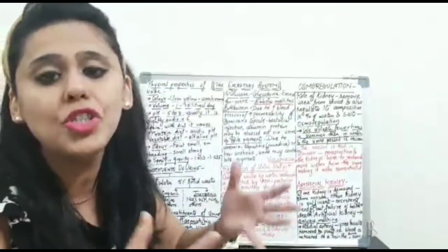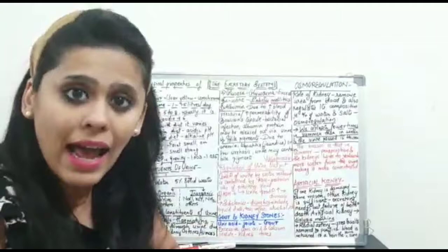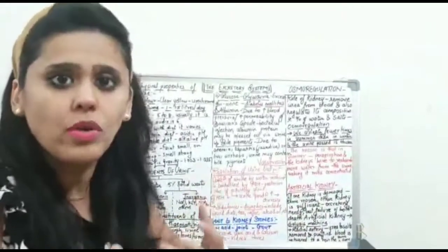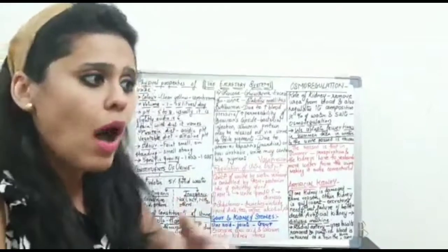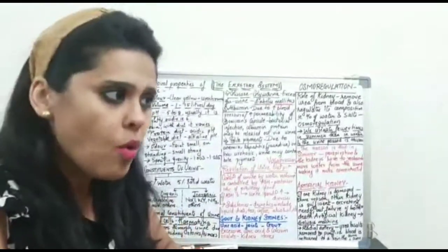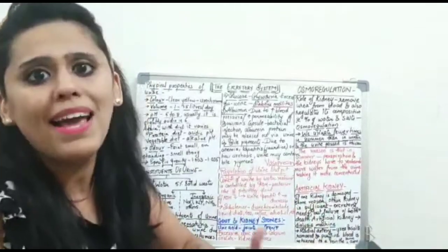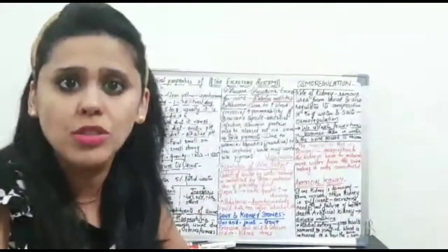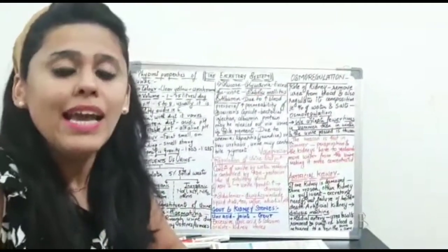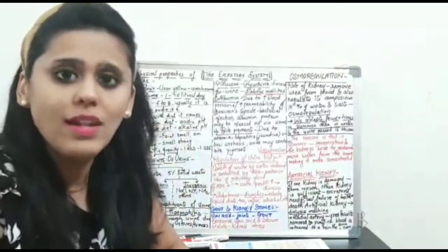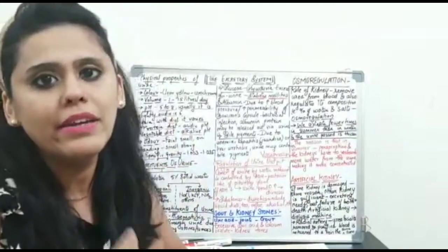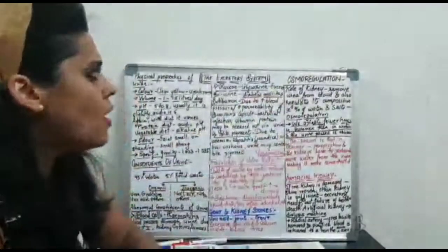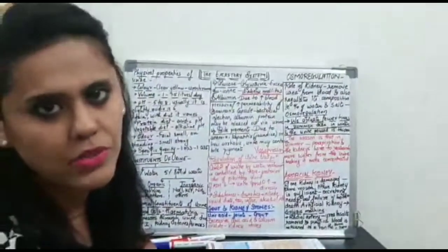Why? Because that is toxin, that is poison, and the person can even die because of storing of this poison in their body. So how can these patients be treated? We can only give them more supply of fluids, more supply of liquids, ORS, oral rehydration solution, right? So that their body can get the salts, they can get that water, and they can recover soon from this disease. Okay? So this was all about the part of osmoregulation.